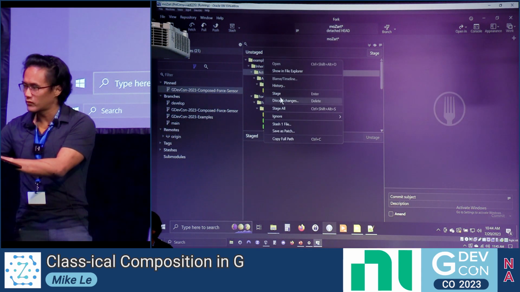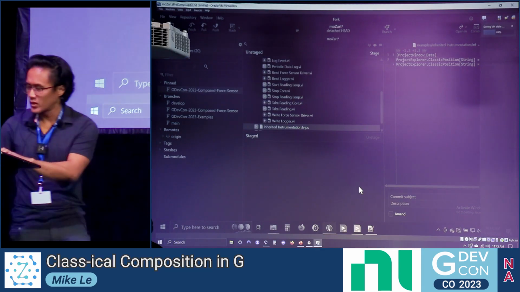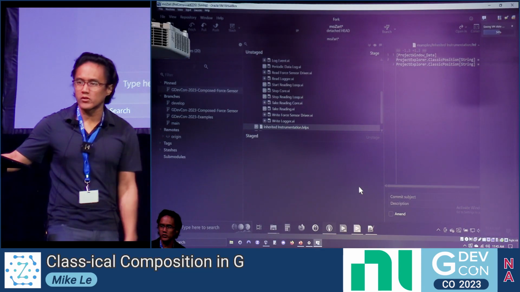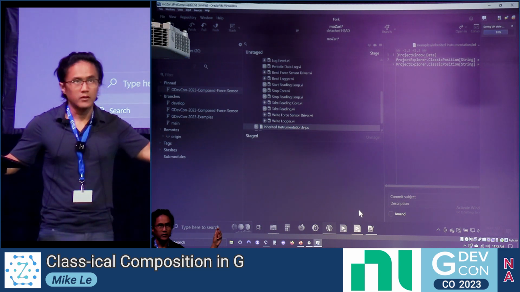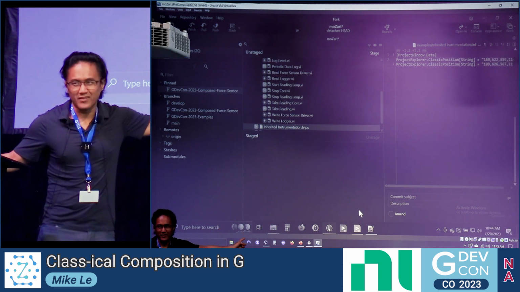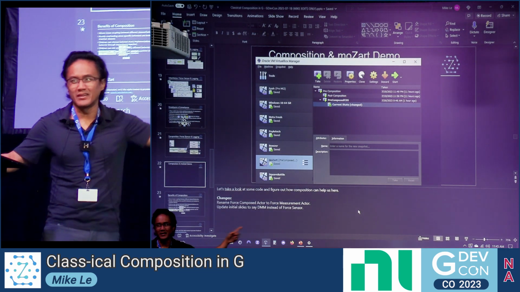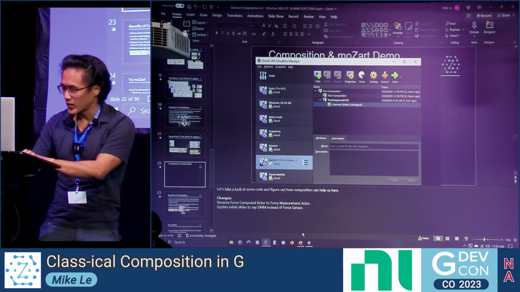I just put the link to the LabVIEW Class-ical Final uses in the Discord for this presentation. Awesome, thank you. I'm going to skip that, but you can show you can do messages with moZart. Obviously, not all of it works on the happy path. That's why it's not released for community use, and doing all the unhappy paths is going to take a bit of work.